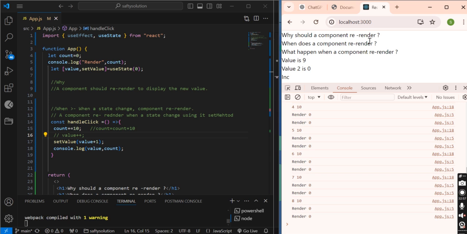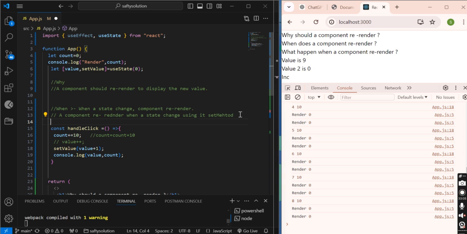Now there is another scenario when a component re-renders. The other scenario is when its prop changes.